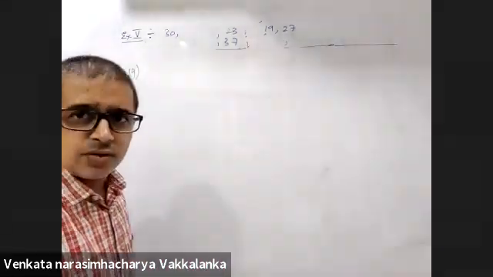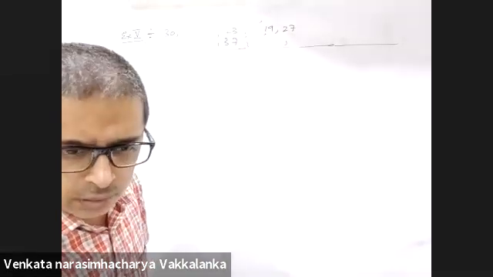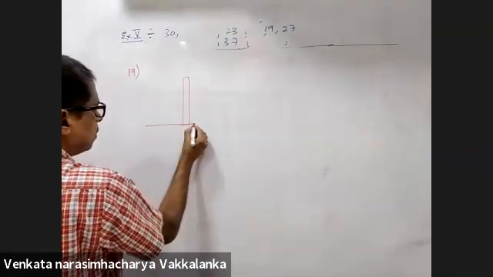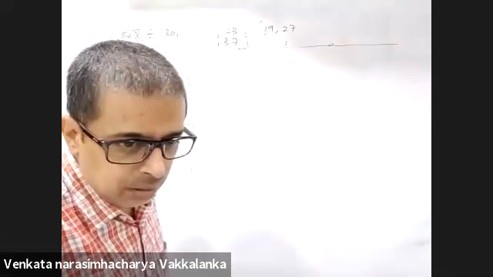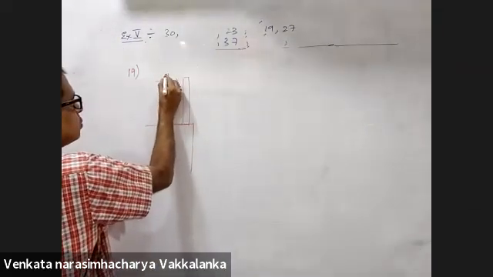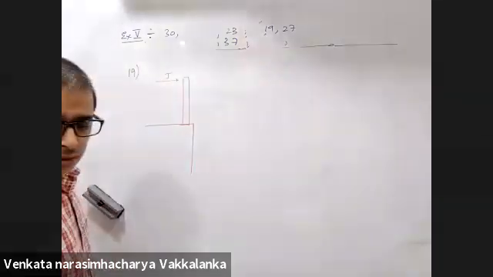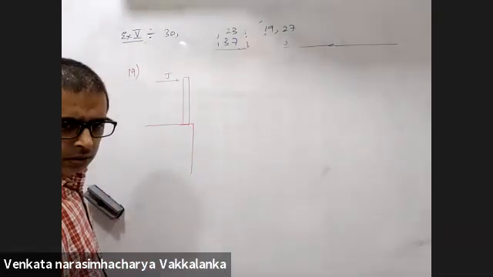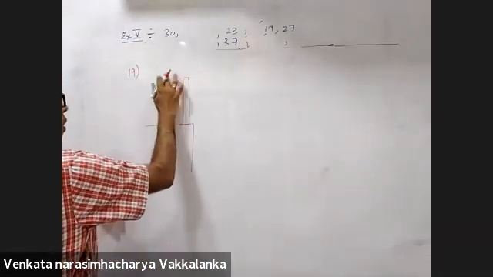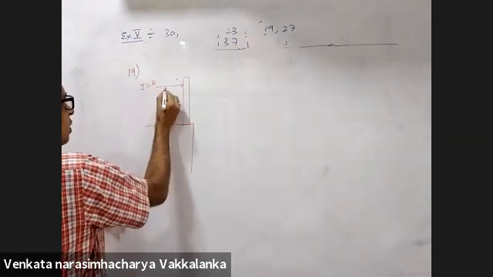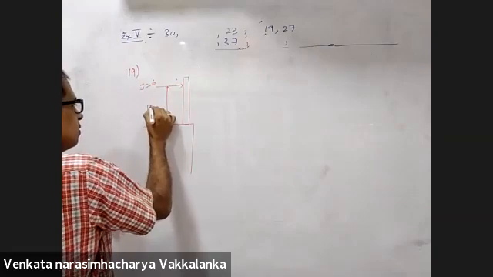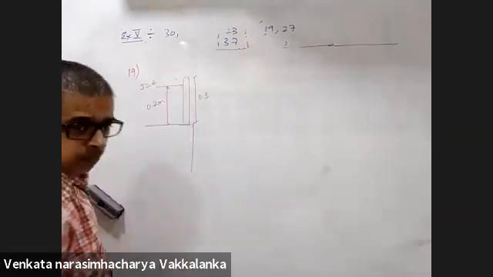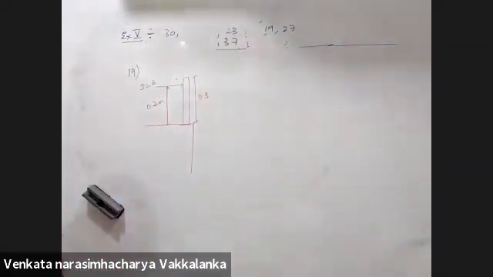Uniform rod of mass capital M. Have a look at this. You have given an impulse J. Is that 6 or 5? 6. J is 6. And this distance is given as how much? 0.2. Length of the rod is how much? 0.3. Fine. Well, then we are pretty safe.